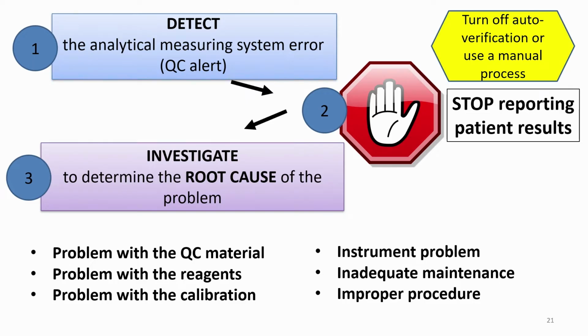There could be a problem with the calibration, so maybe the lamp energy has declined some on our spectrophotometry instrument, and the instrument needs to be recalibrated, or the assay needs to be recalibrated. We could have an instrument problem, so common problems include etching in the sample probe or need to realign the sample probe, leaks in the pumping system or tubing, clogs in the waste line. We've had mixers break. The root cause of the problem could be due to inadequate maintenance, so we're not performing maintenance frequently or aggressively enough, or of course, improper procedures.